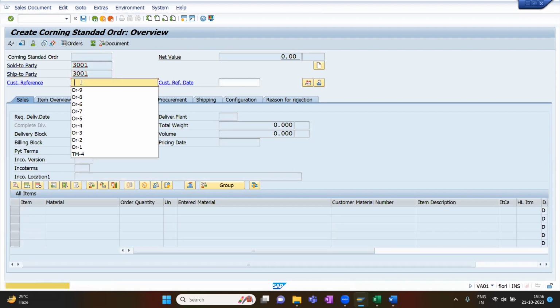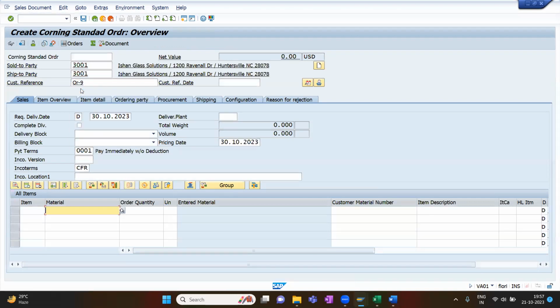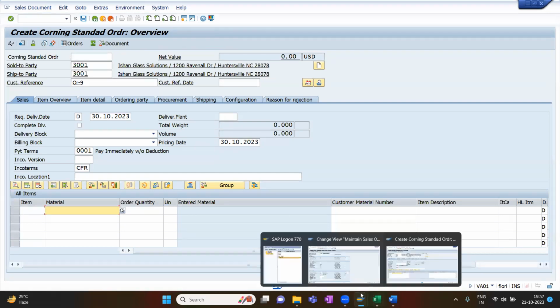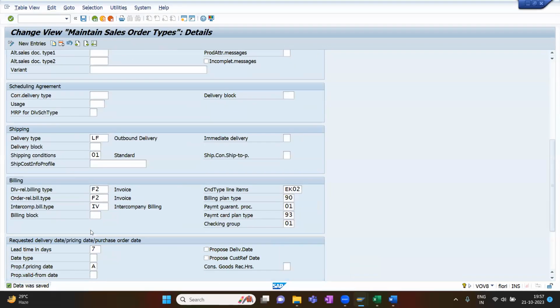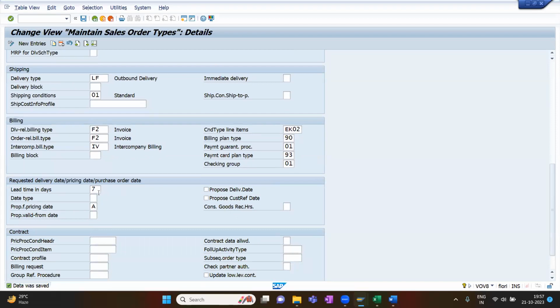3001. Some customer reference we will take. See, the system is proposing based on the requested delivery date. This is the pricing based on the requested delivery date. This is how this field works. And the next important field here is